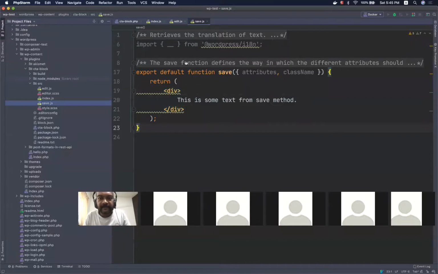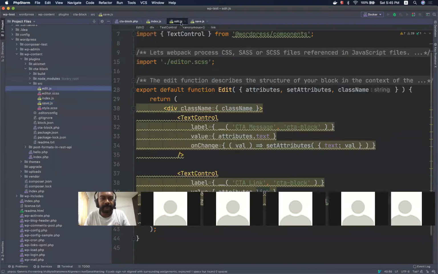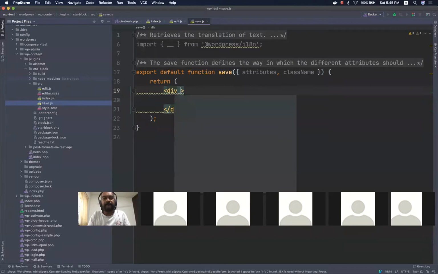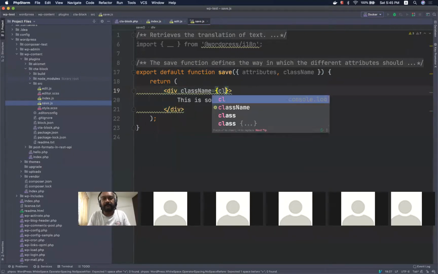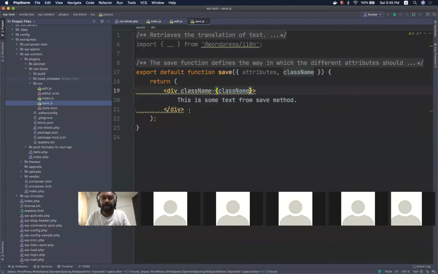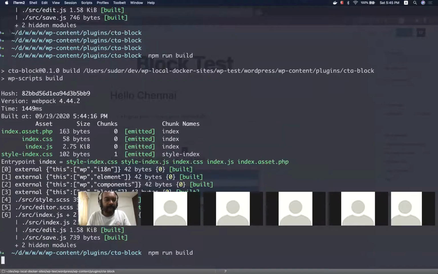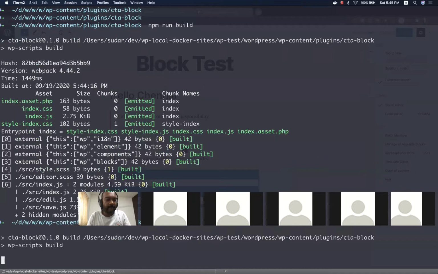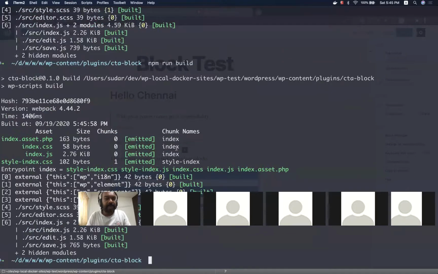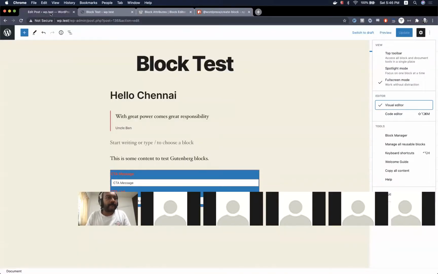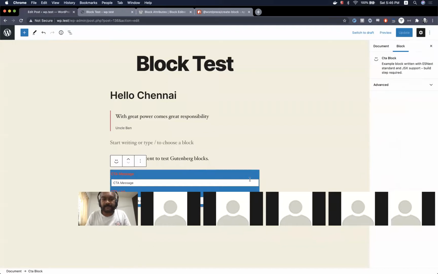This is the save method, and okay, maybe let's just